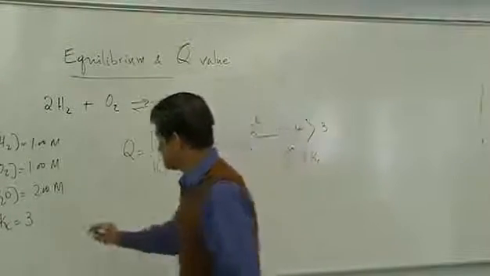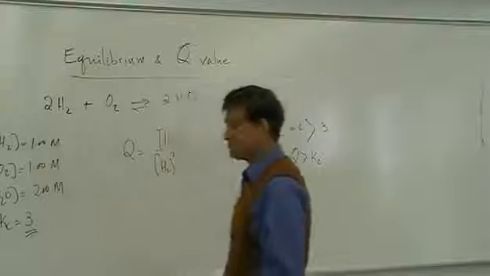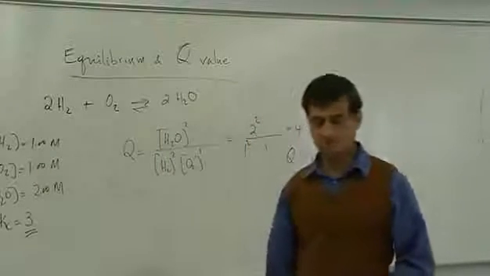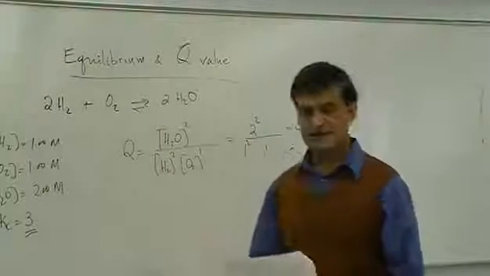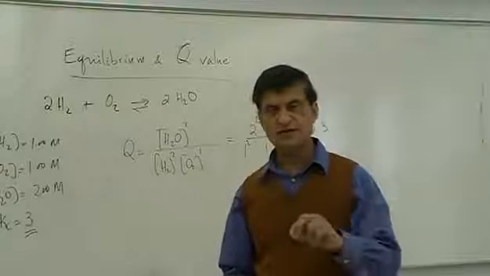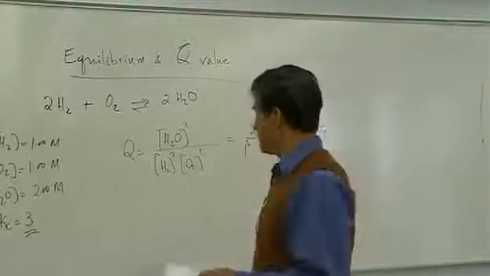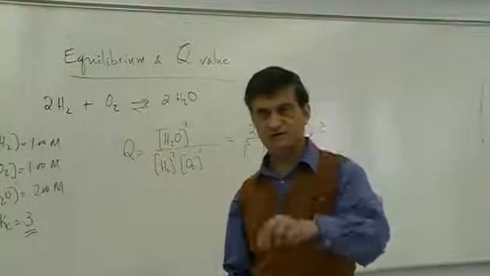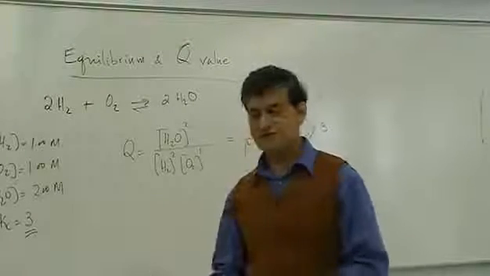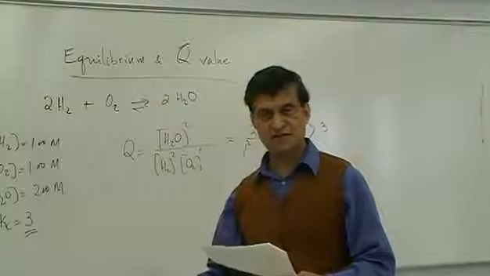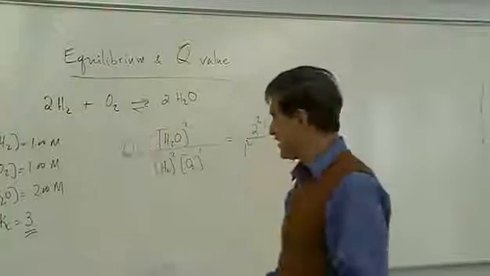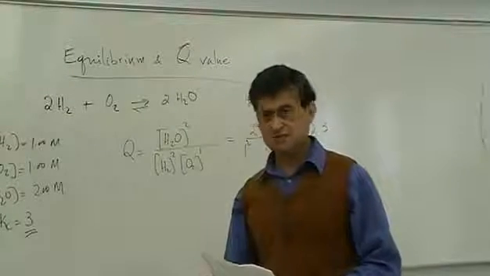It has to reach a value of 3, then there will be no more changes. Every reaction is like that. You can begin with any concentration you like. When your Q value is greater than Kc, then Q value will keep on decreasing. If Q value is less than the equilibrium constant, then Q value will keep on rising until it gets equal to